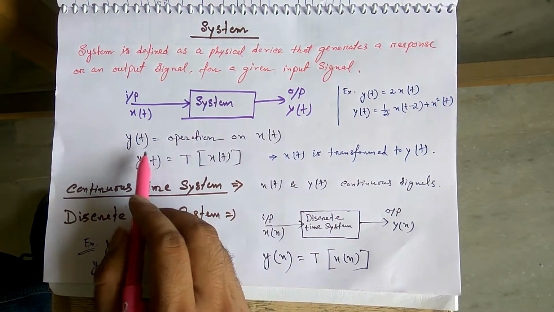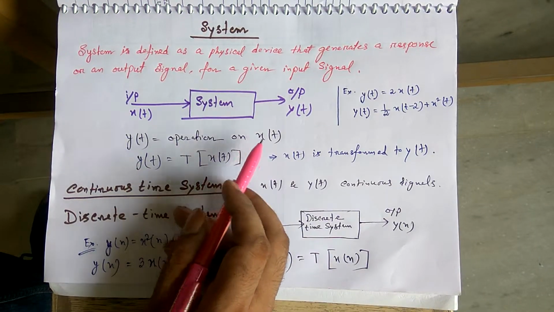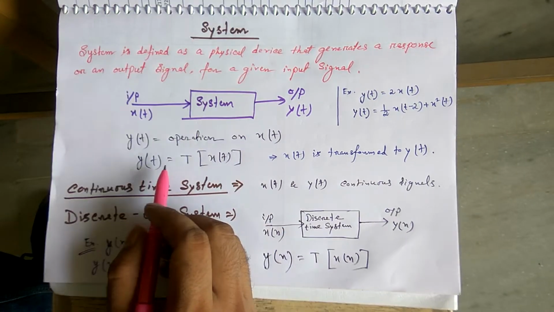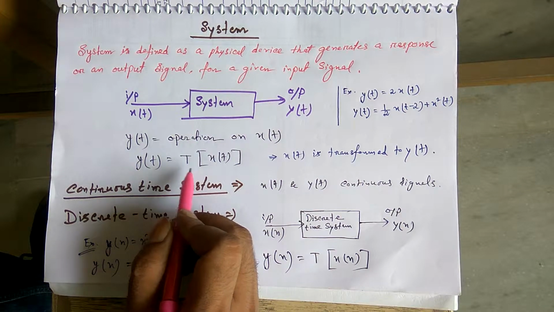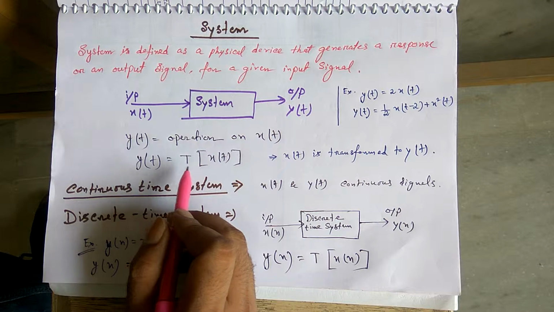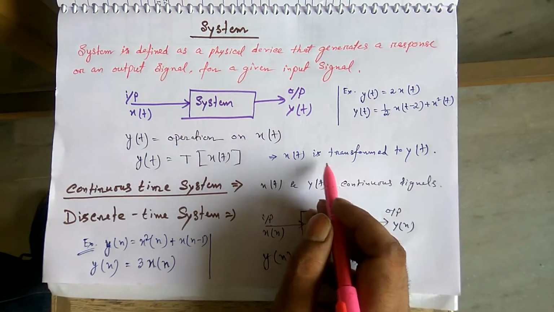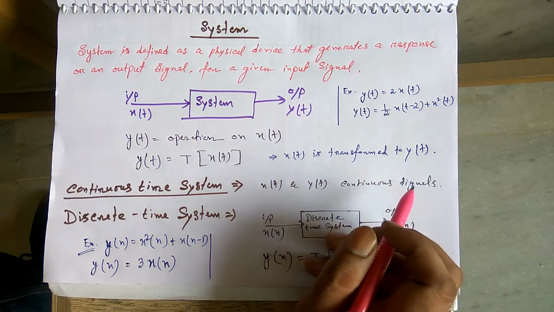So we can say y(t), that means the output, is an operation on the input, that is y(t) is an operation on x(t). Mathematically we can write y(t) equal to T of x(t). You can say that the output is a transformation of the input. So x(t) is transformed to y(t) here. So system,